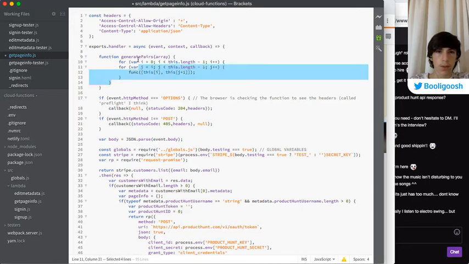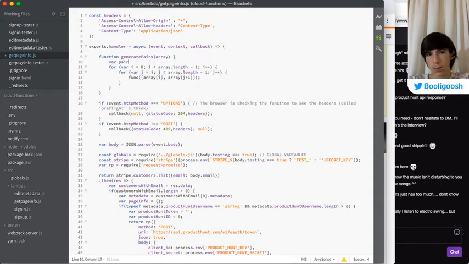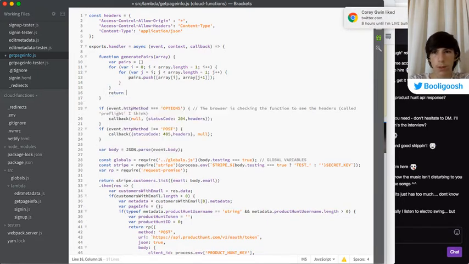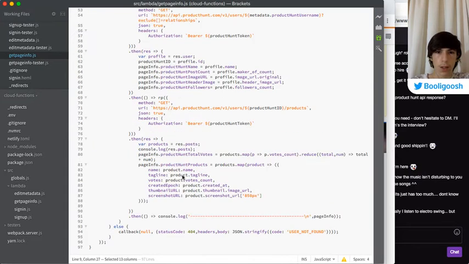So let's copy this code and then modify it a bit. Yeah, let's say dot push, and then here we'll say return pairs. Awesome.